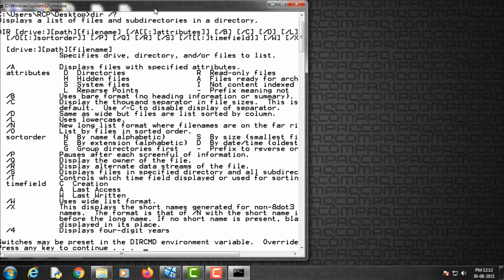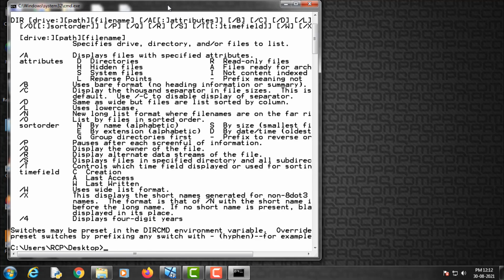So if I create a hidden.txt file and hide it in an alternative data stream on this Windows 7 machine, then I can discover that hidden.txt file with the help of this dir command.